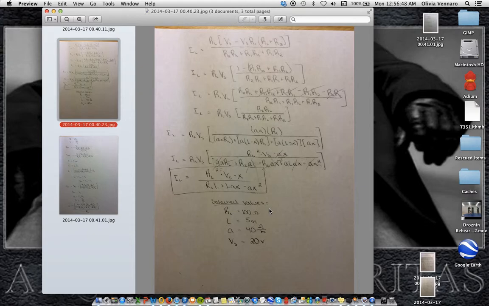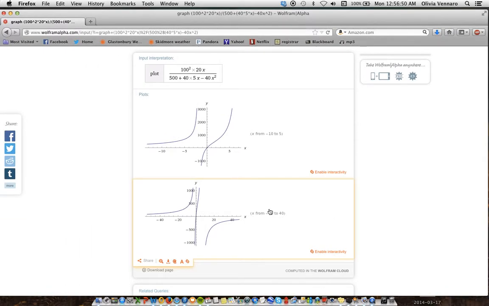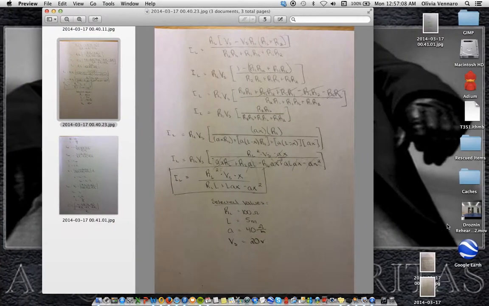And I put it into Wolfram Alpha, and I plotted it, and I came up with this graph here, and then this one also. And these graphs make sense because as x increases, the value of R2 increases. You can see in the diagram